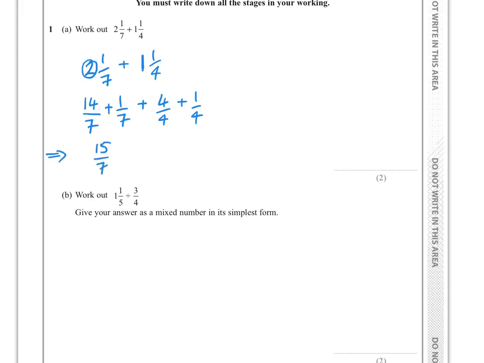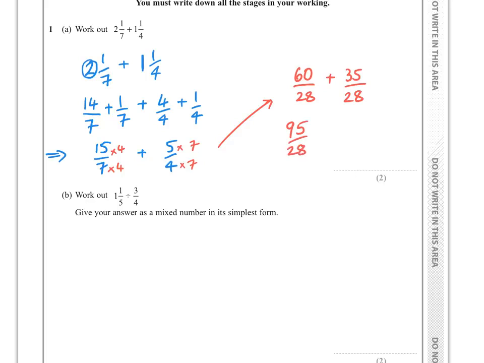15/7 plus 5 quarters. And the idea now is to make the denominators the same, so we can do this easily by timesing top and bottom by 4 here and top and bottom by 7 here. So that would give us 60/28 plus 35/28, which is